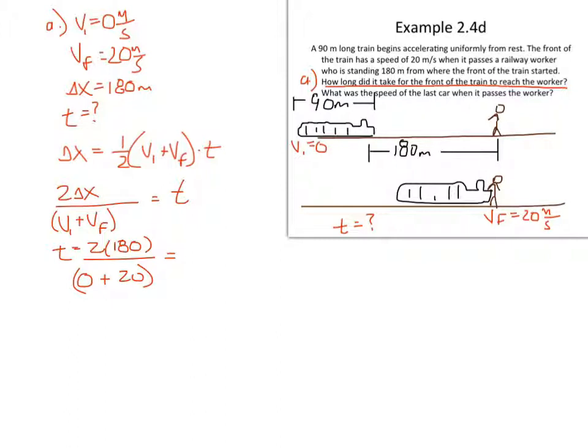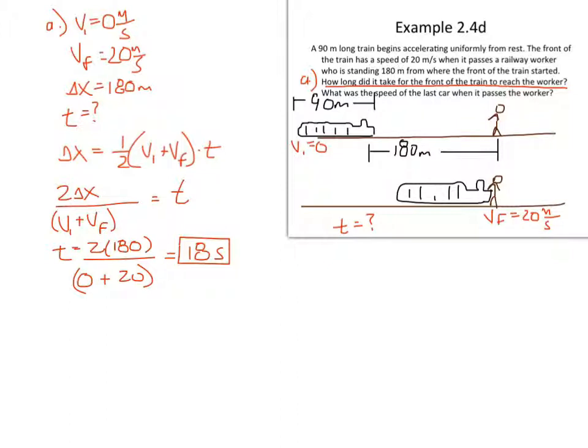And yes, 18 seconds. That's going to be our answer to part A: how many seconds it took for the train to reach the worker. Now,